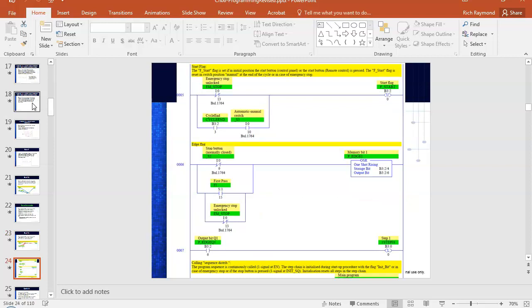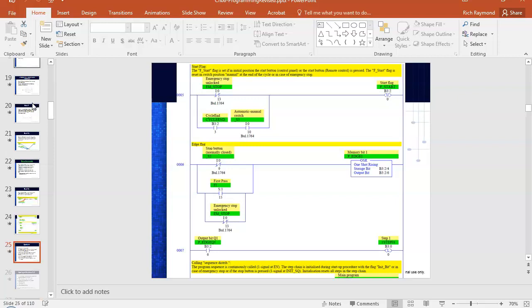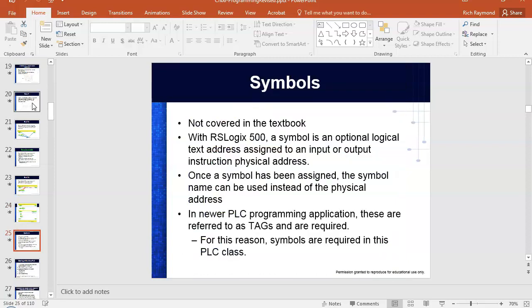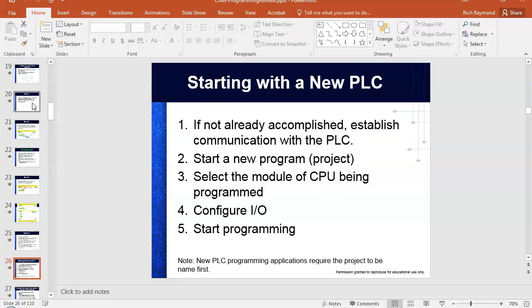Then we looked at this. This is actually out of the program that's running the Festo line. So the Festo line, it's running RS Logic 1500 PLC. So we'll go back there and actually look at that. And so in PLC3, what we do is we convert Allen Bradley programs over to Siemens programs, which is pretty good. PLC. If not already accomplished, establish communication with the PLC, start a new program project, select the model of